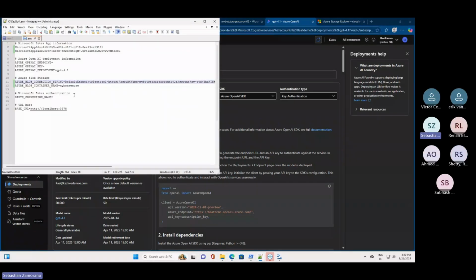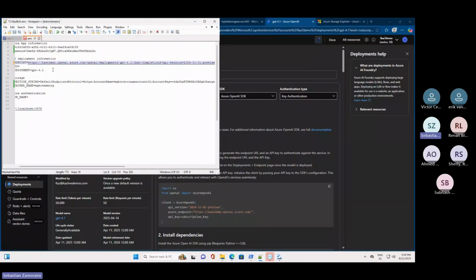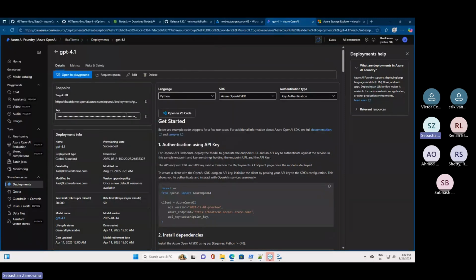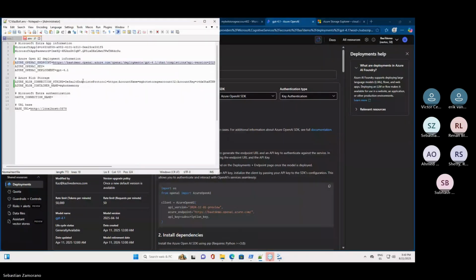Okay, I will set the OpenAI endpoint here and the OpenAI key that is here. Okay, someone is asking. No,